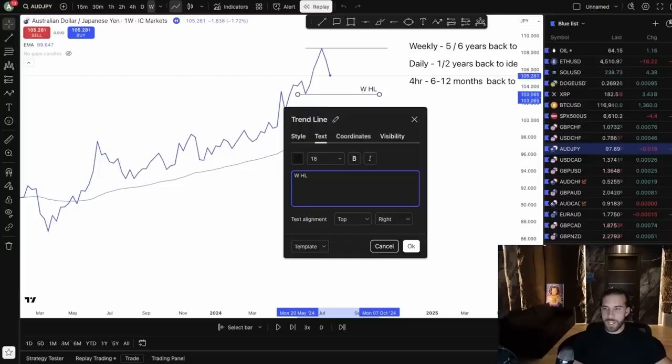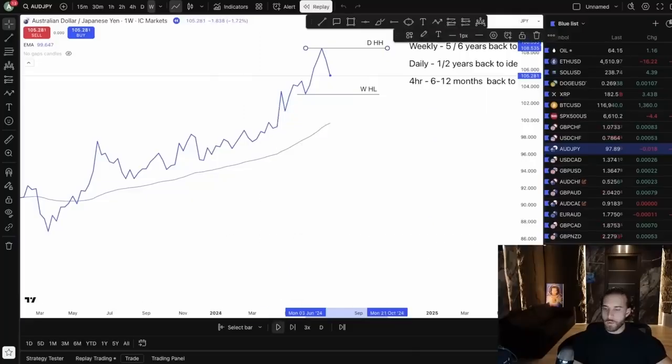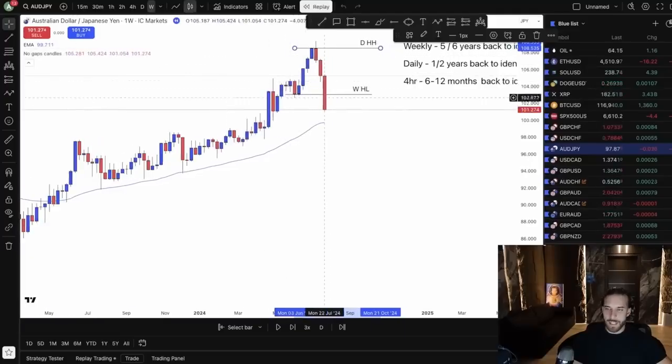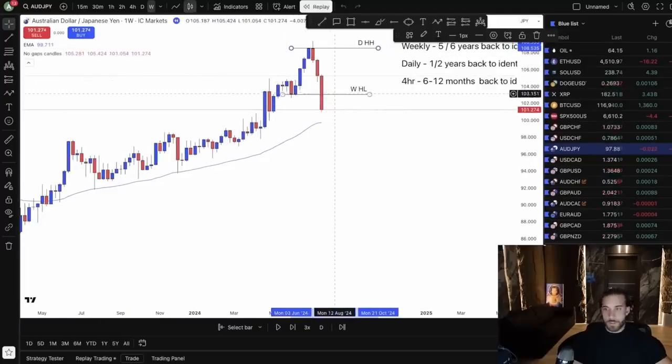And then we understand that this is the daily higher high. Cool. We know as long as we remain inside of here, we are bullish. When we break below, we are bearish. Look at that. We go out to the daily time frame, and what do we have? A daily body candlestick closure below. Now, what does that mean? That means that now